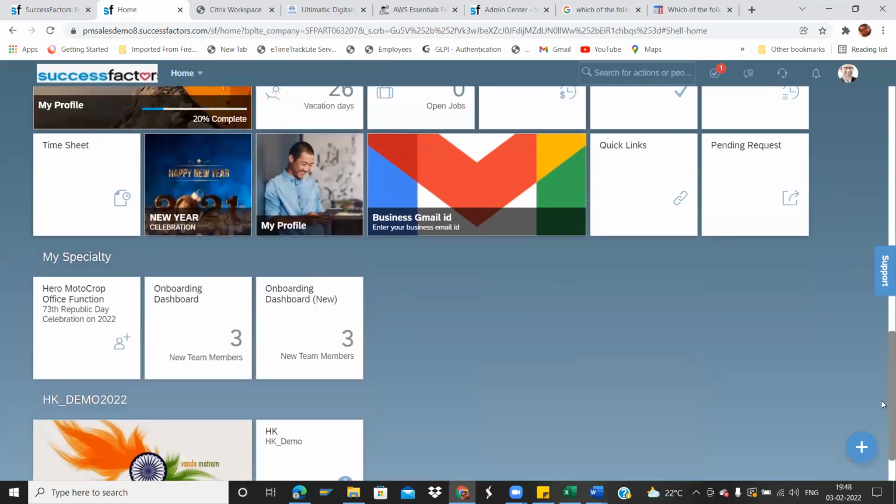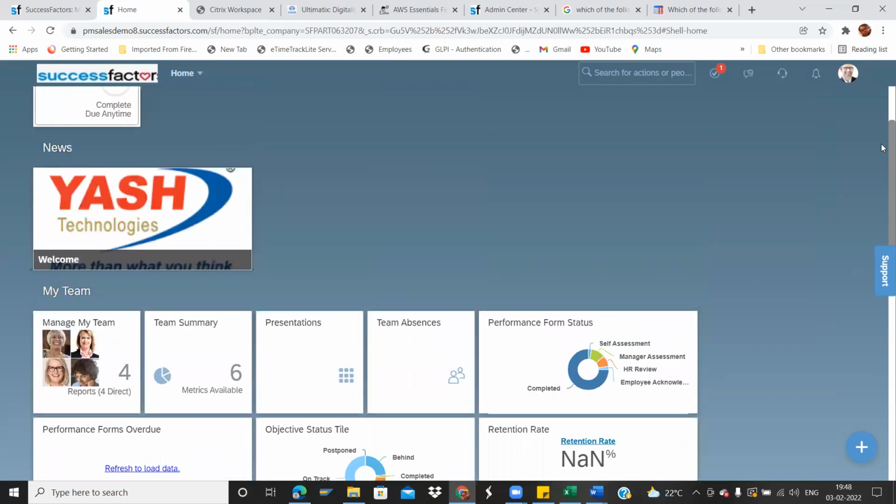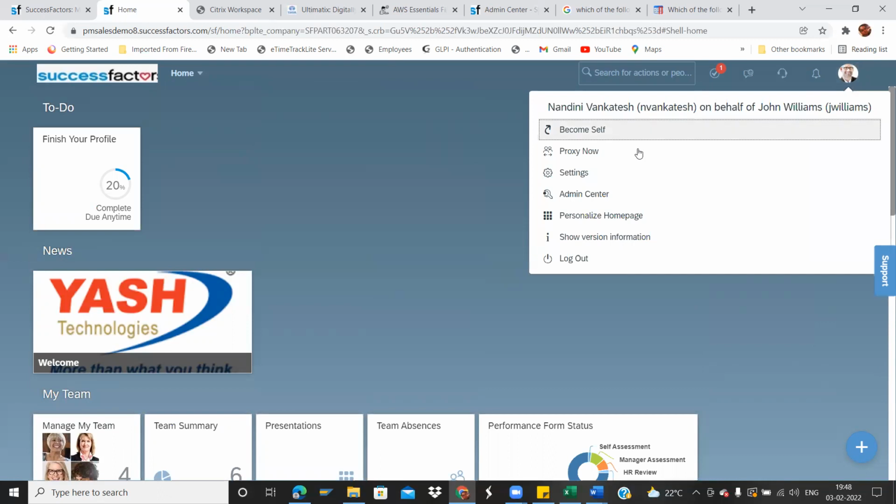Now the management says that this will be mandatory. An employee should not be able to remove it from his or her home page. So let me bring that back.